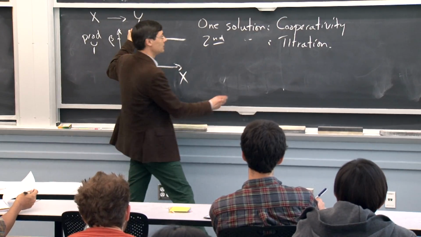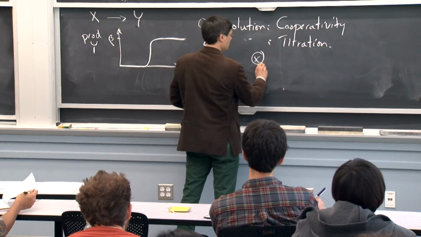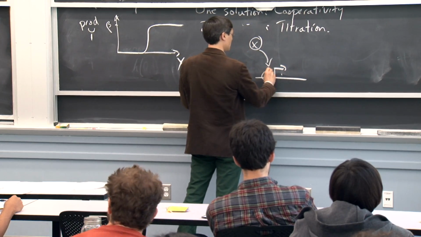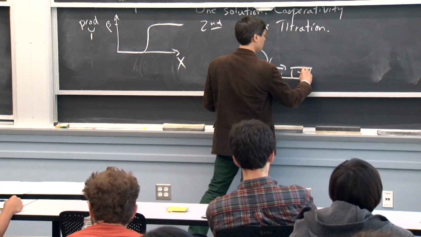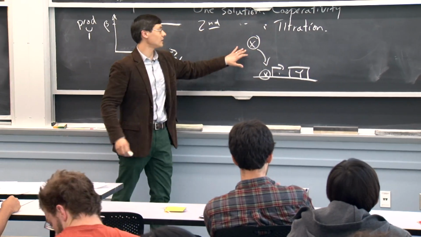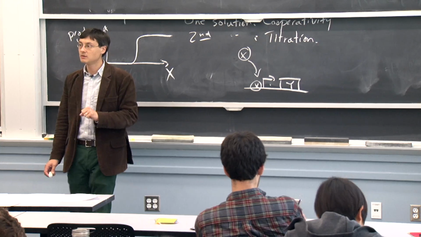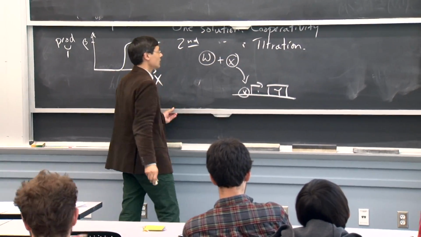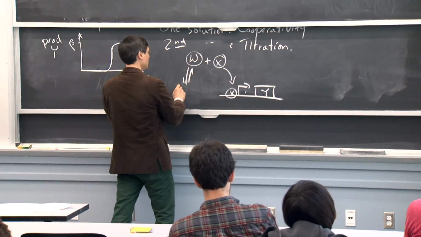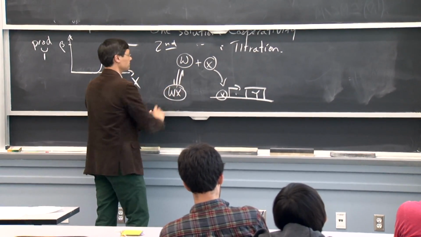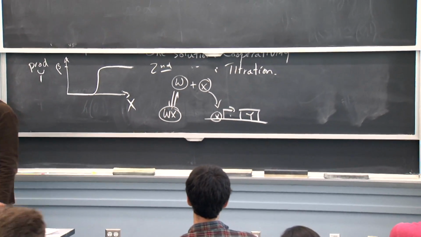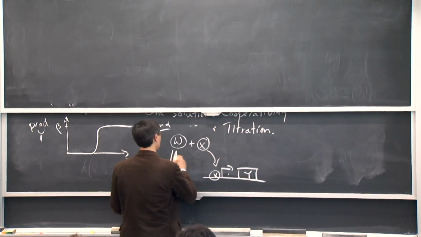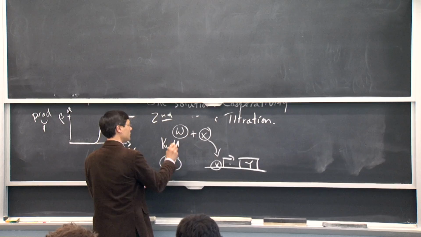But it's a little bit more complicated because this protein X, in addition to binding the promoter and activating expression of Y, we also have the possibility that X can bind to something else. Right, in particular, there might be some other protein, maybe W, which can bind reversibly into some complex WX. Now, for some situations, if we describe this by some KW and this by